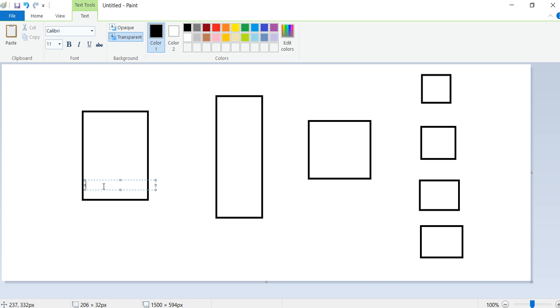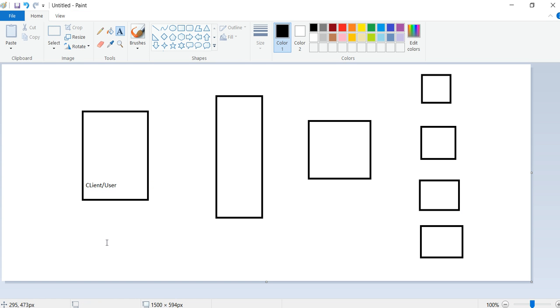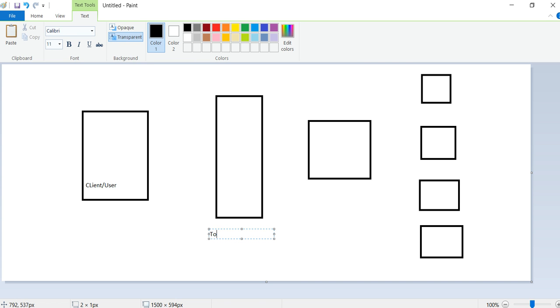Let's say this is the client, or we can say the user. Firstly, the user wants to interact with the BO system. BO has two servers. The first one is Apache Tomcat.